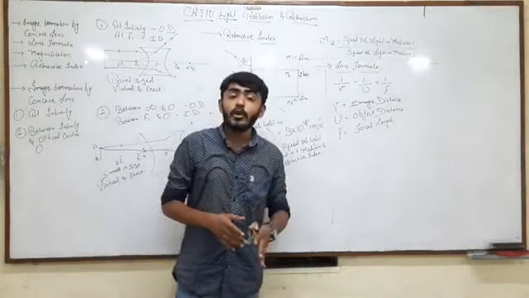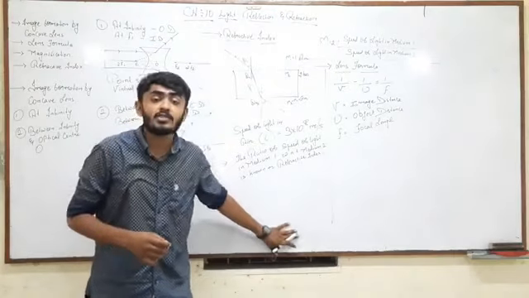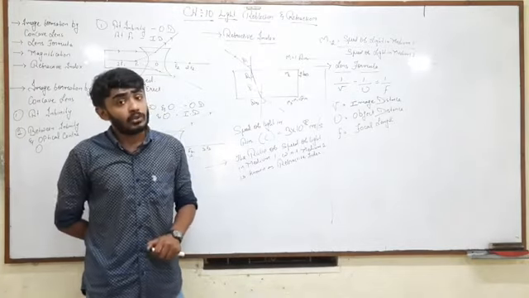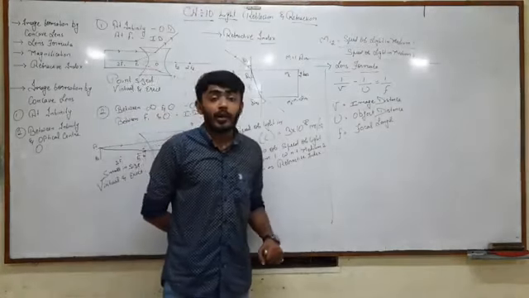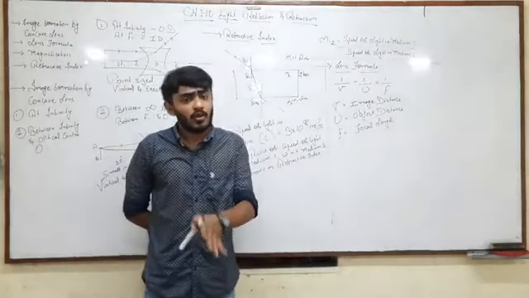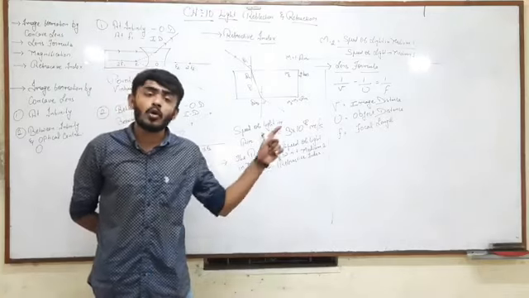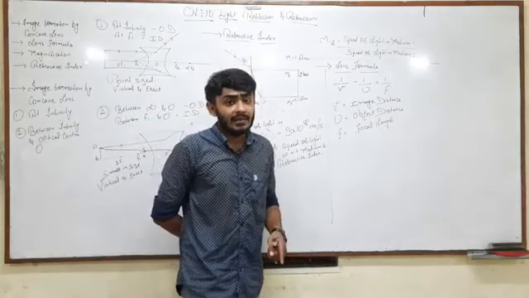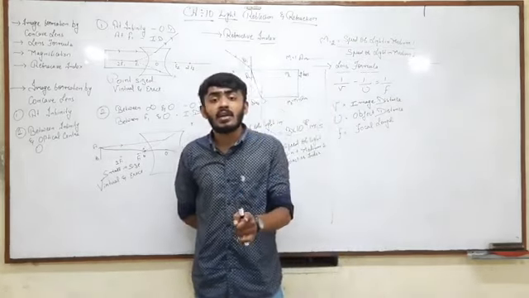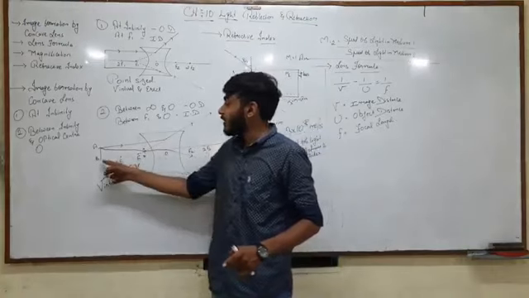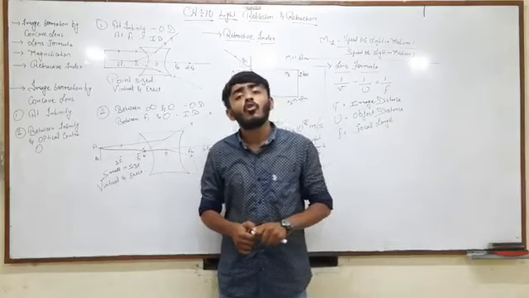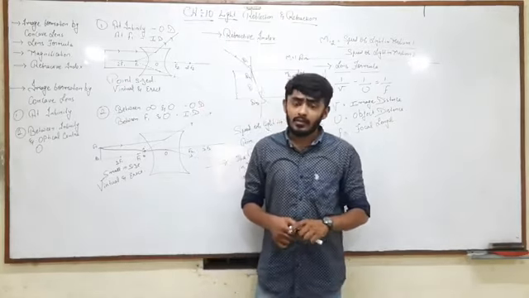We will be doing many numericals based on this lens formula, magnification as well as the mirror formula and magnification, so that you can be clear with these formulas. Last thing, one more thing. Sign conventions of the lens formula will be the same as those of the mirror formula that we did last lecture. The signs and conventions remain the same. What were the sign conventions? We will always consider the distance from the optical center to the object distance, or from the optical center to the image distance, or focal length.